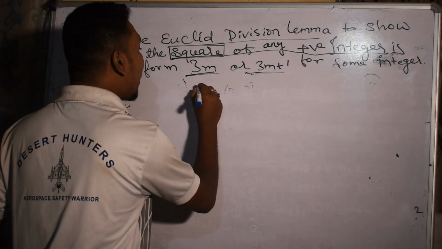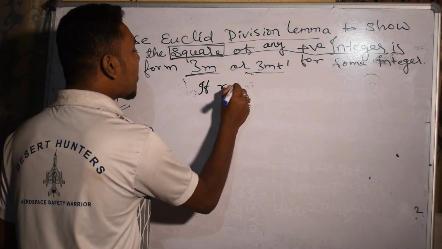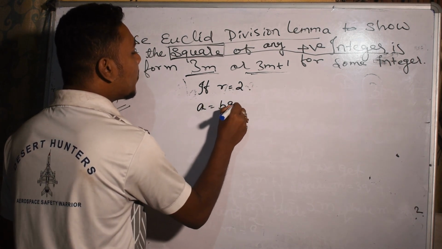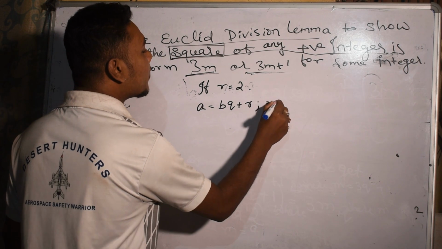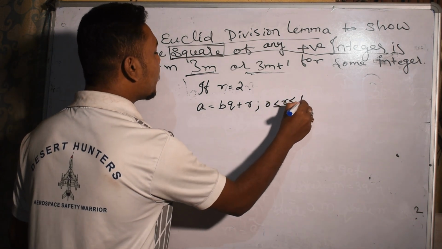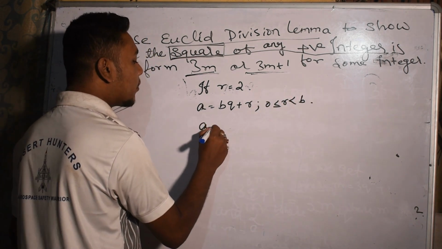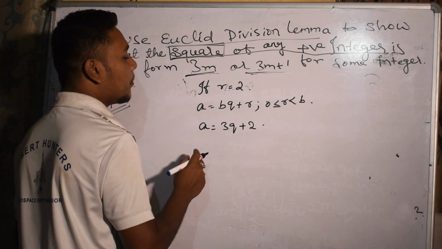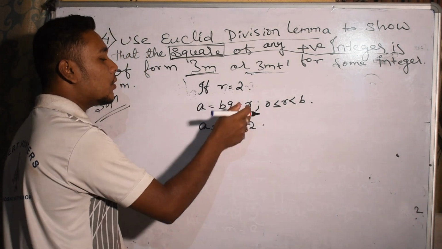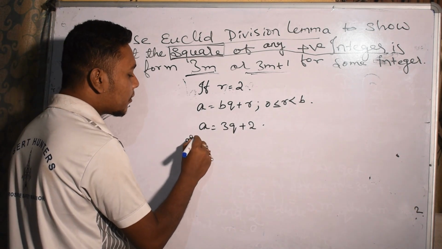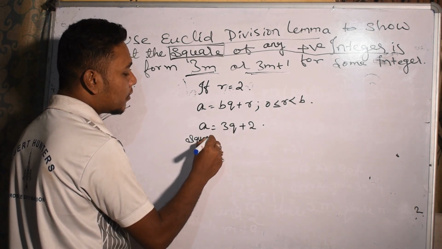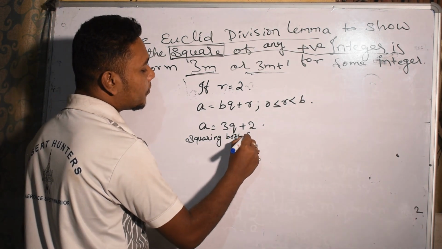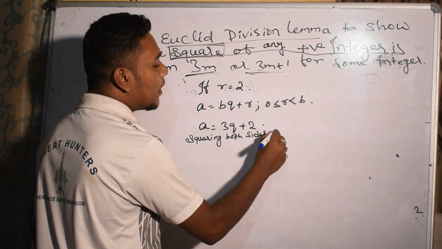So, if R is equal to 2, we get A is equal to BQ plus R, 0 less than or equal to R less than B. So, A is equal to 3Q plus 2, as B was 3 and R is 2. Squaring both sides, we get